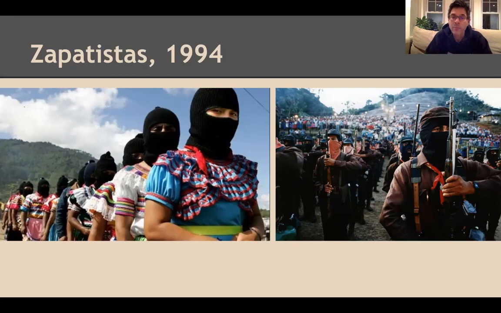So that dispossession had continued for centuries, and in 1994, taking the name of Emiliano Zapata, who had been a revolutionary hero in the period that we're going to study, a group broke out of the jungle in the 1990s to revolt yet once again. All right, let's move on from there. All that to remind us that Mexico had for centuries, like all Latin America, been essentially a society based on great division around class and race, and that was a theme in Haiti. It's certainly a theme in Mexico as well.